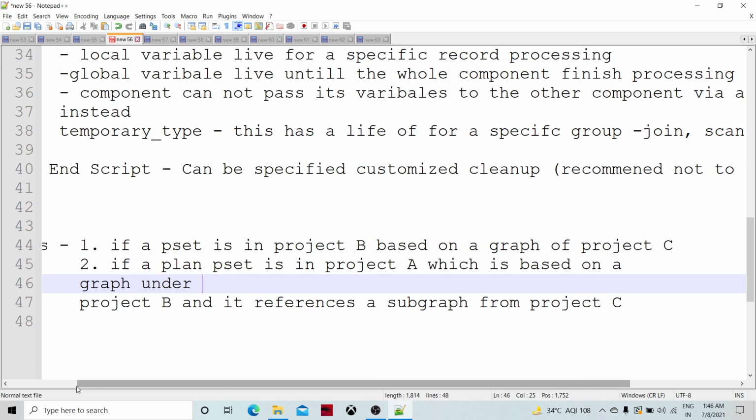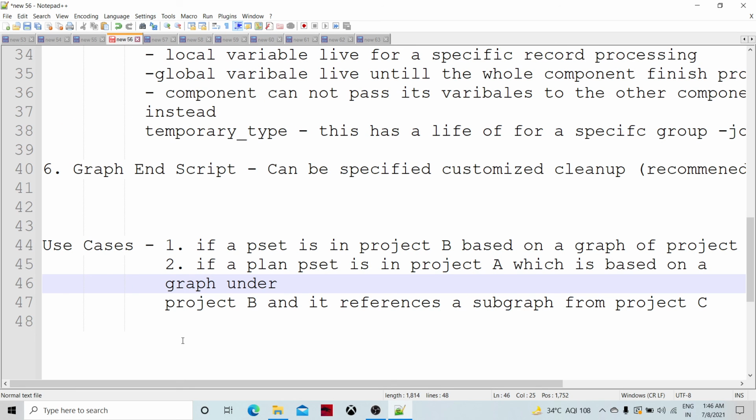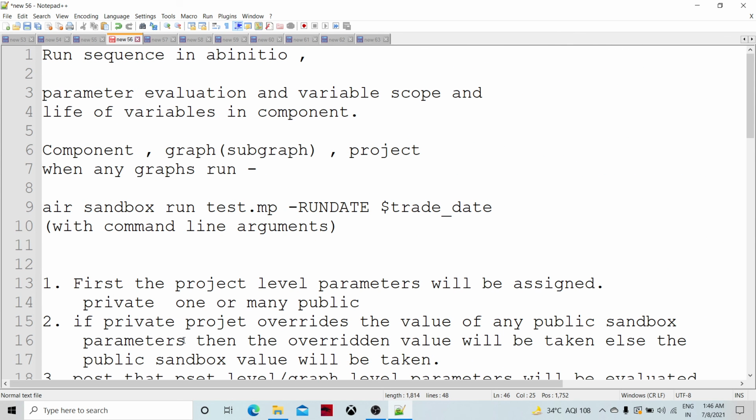Okay, so this is a kind of understanding of the parameter, right? So simple. The larger sequence of execution we are going to take maybe in the next session, and we will include this as a subset of that larger run sequence.